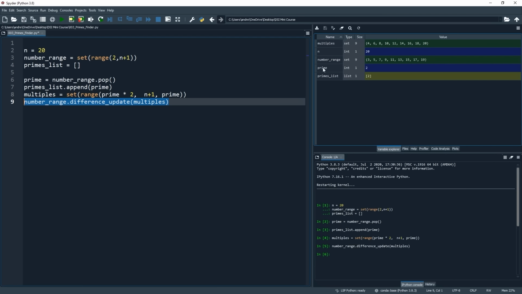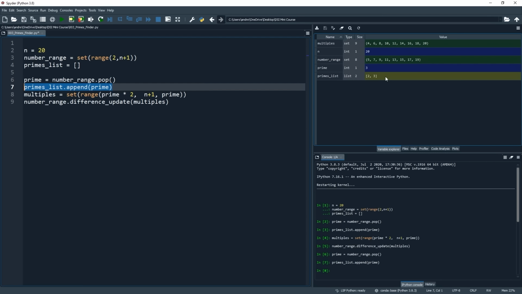So let's again run this first line here to remove the smallest number from our number range and pop it into the prime object. So let's run that, and we can see that number was 3 and it has been removed from the number range object. As we discussed, since we know this number is a prime, we can append it to our primes list. So let's run this second line here to do just that. So let's run that line and we will see that it has been added to our primes list.